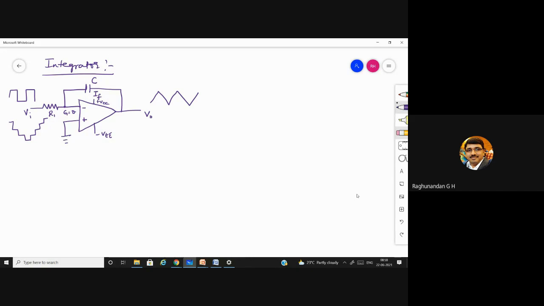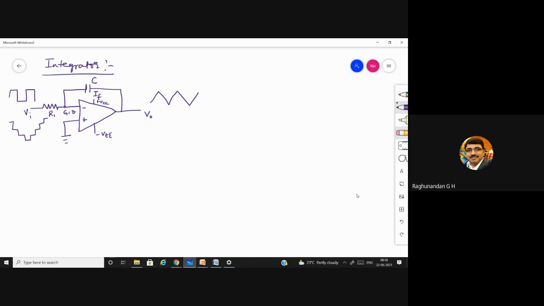Okay, so this is the specialty of this. Usually this kind of integrators or differentiators, this kind of op amps, will be used in medical applications, mainly where we need to convert one form of signal to another form of signal, as I gave you some example at the beginning.